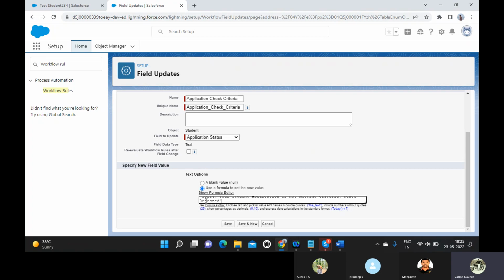Write like this: The student application is not meeting criteria, hence